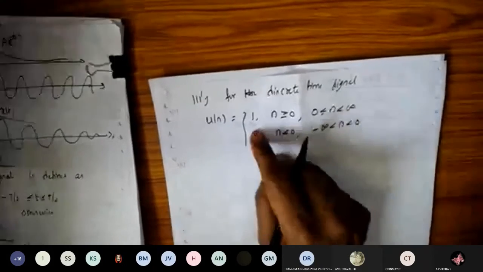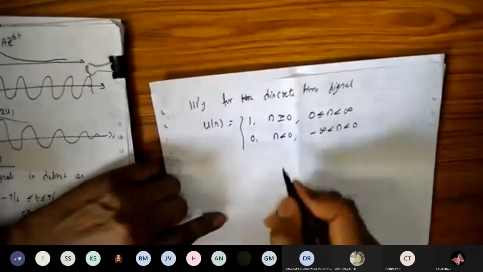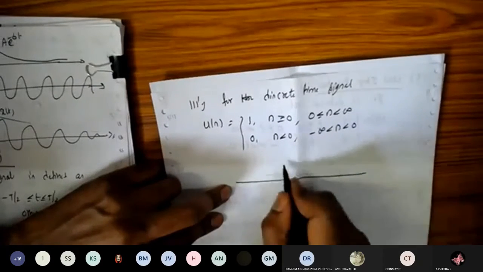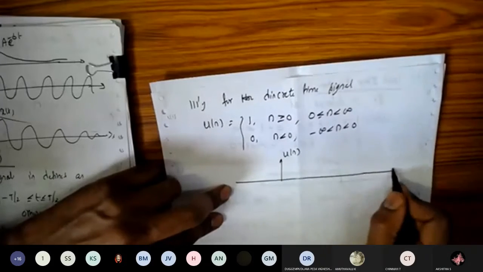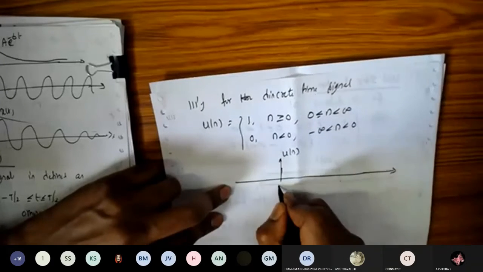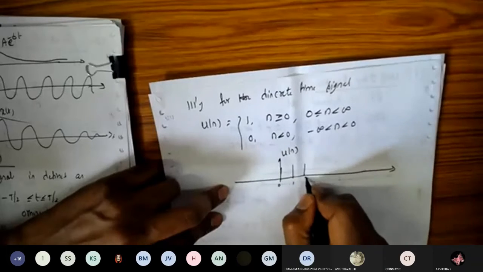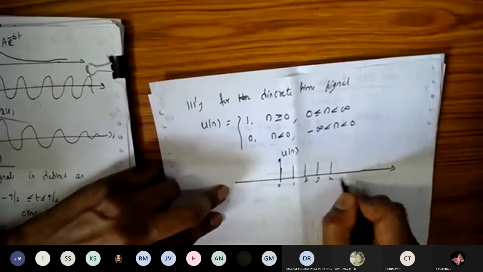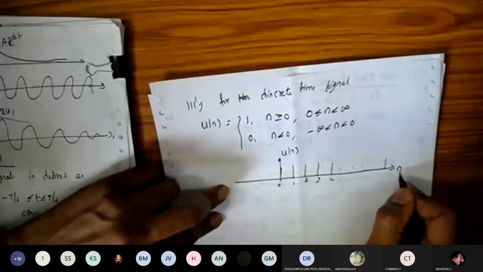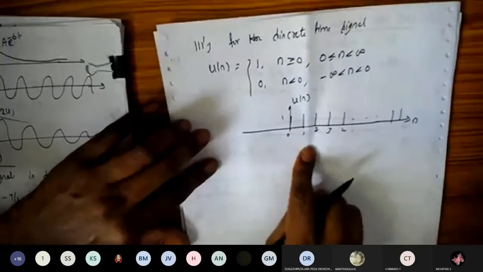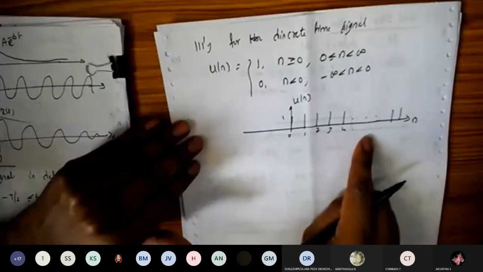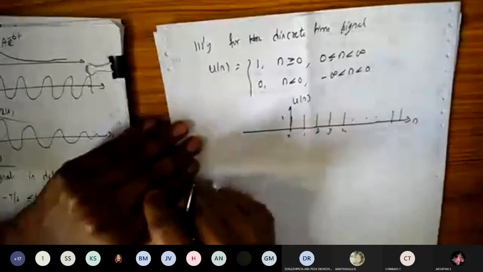Then, so this is for the discrete time signal. So discrete time signal is nothing but it is defined for the discrete instances of the time here. So discrete is nothing but n can take the value 0 here. So next 1 it will take, 2, 3, 4 up to the infinity it will take here. Up to infinity it is having the value 1 here. So this is called as the discrete time signal of unit step function here.